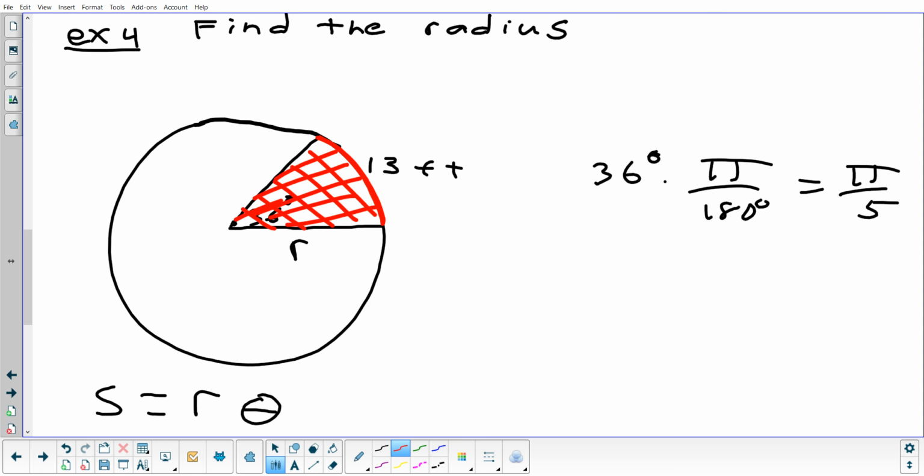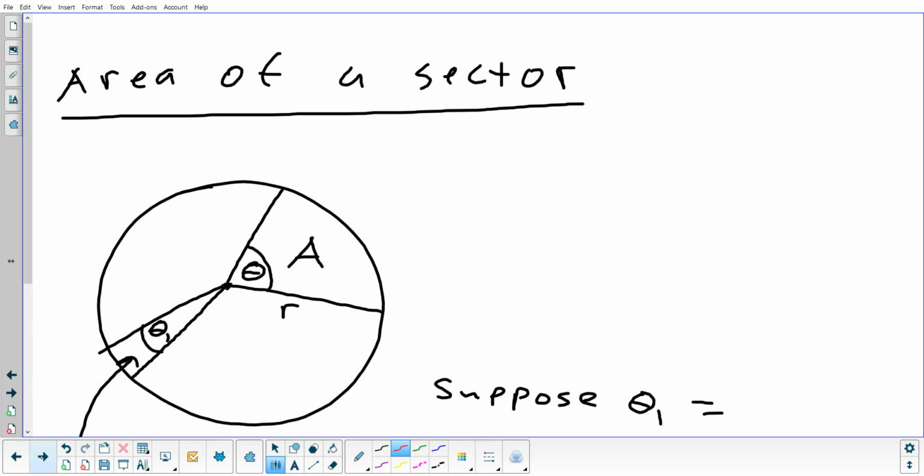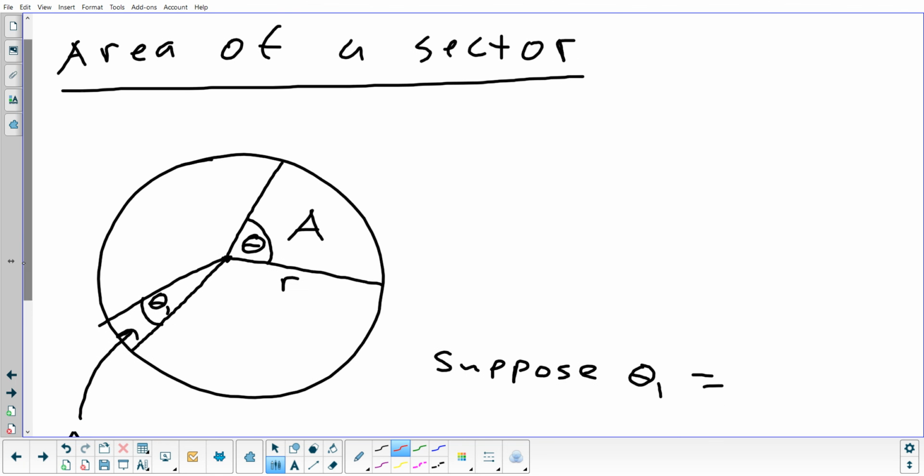No, because of the arc on the other side. Yeah, it's more like a slice of pizza. That's really what the shape is. You have two sides that are straight, then you get that third side that's curved. So this shape is called a sector. Okay? That's what this shape is called. So we're going to look at how do we find the area